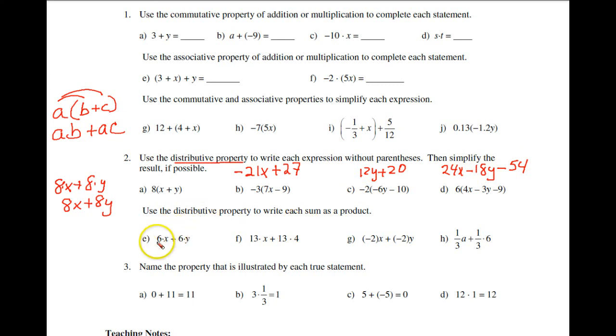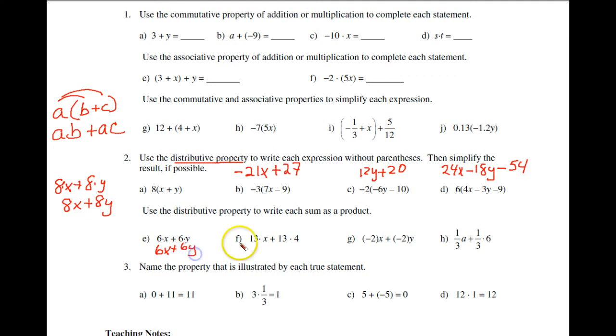Now here they distributed apparently a 6 and write each sum as a product. By the way, I didn't do this middle step up here. I just did the distribution. I think they wanted you to do this to indicate what is being done here. Okay, but we already simplified. Okay, so this is going to be 6x